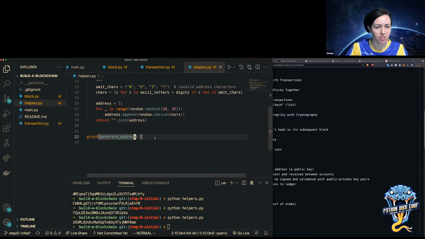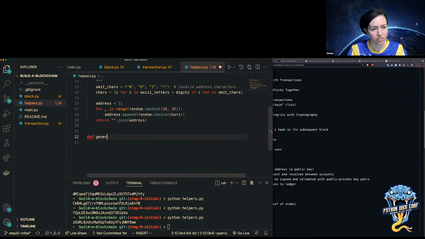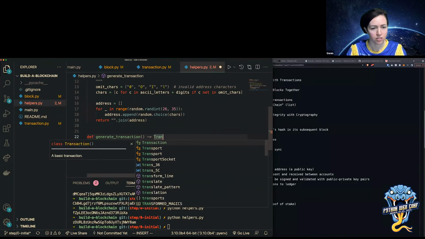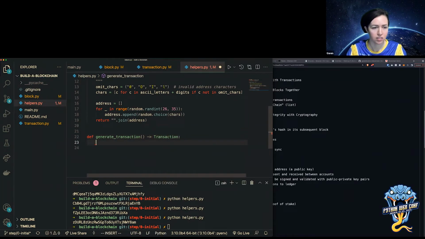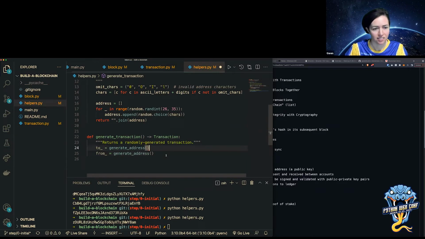And then I'm also going to make one more helper function, which is to generate a transaction. So generate transaction, and this will actually return the transaction. So let me copy this. Okay, so I have a to address.